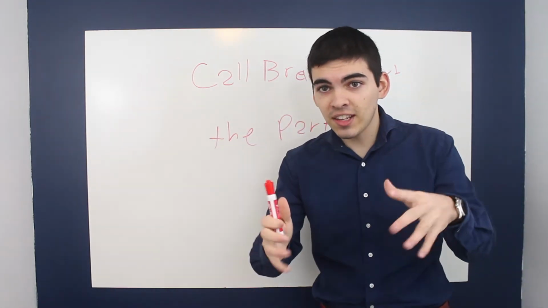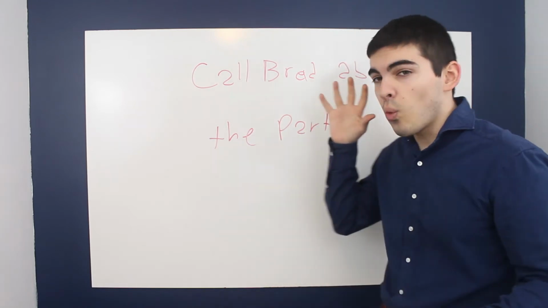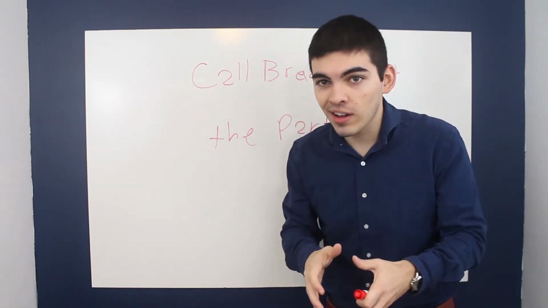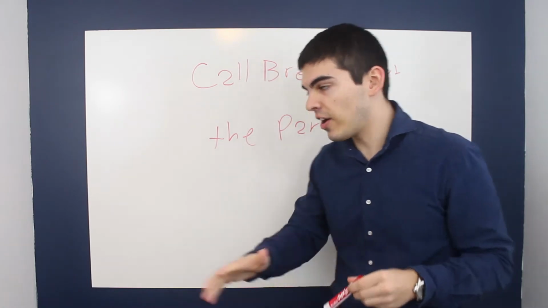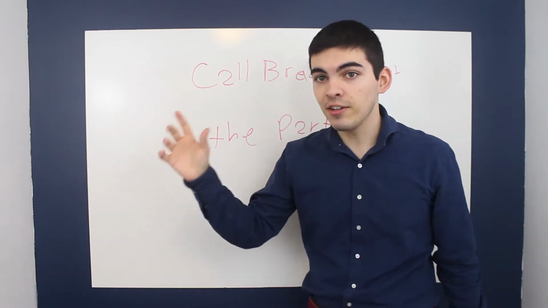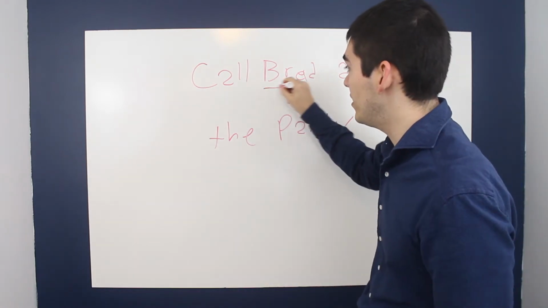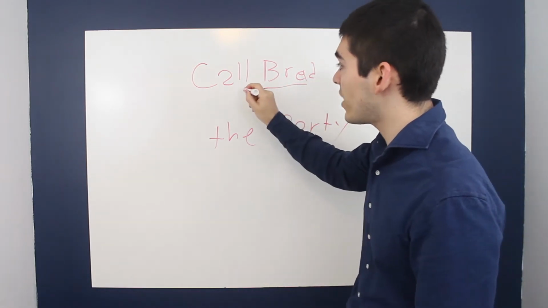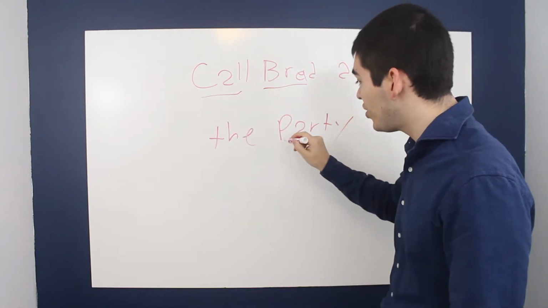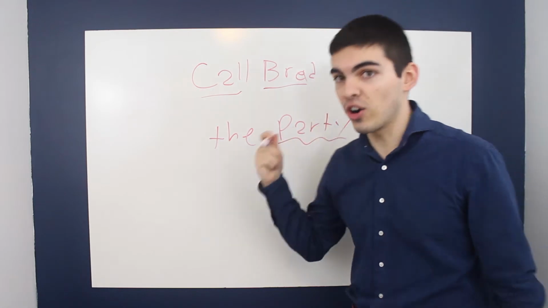You remind yourself about this, you know you have to do it. What does it actually mean, right? How can we actually be sure that we get this done? Okay, so there are a few things to take away from this. There are a few things to allocate from here. We have a person, Brad. We have an action, call, okay? We have a subject, party.